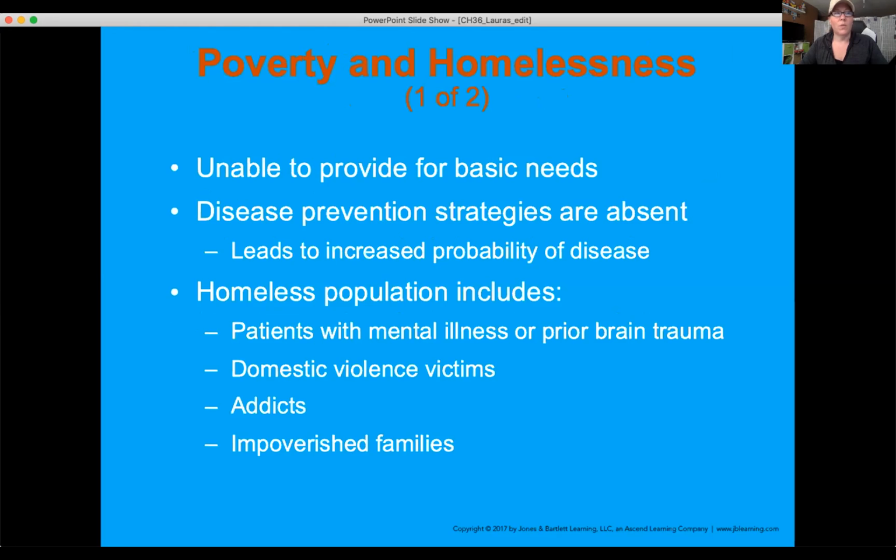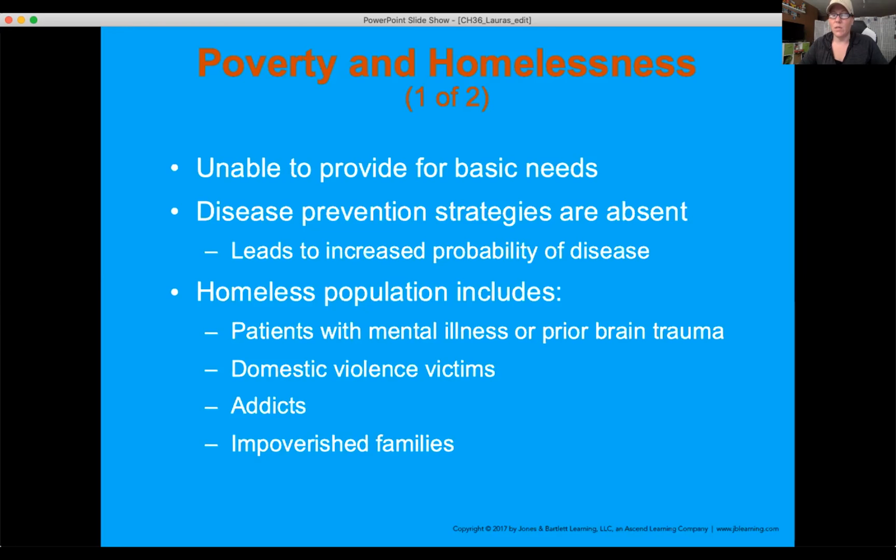Also, don't assume that you know the reason that that patient's homeless. People become homeless for a variety of reasons. And I think that even with this pandemic going on, we realize how close some of us or your friends could be to being homeless that easily. So those are things that we need to consider. We want to treat patients with respect and dignity.